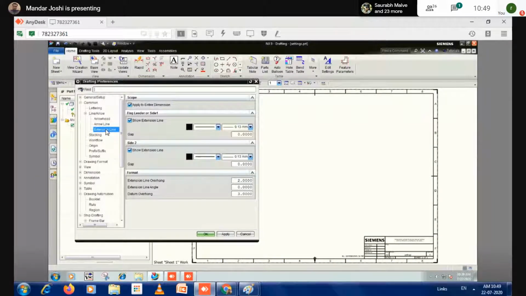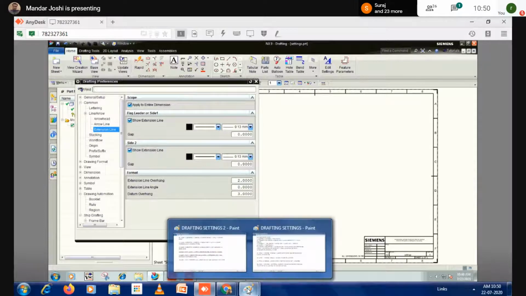Flag leader checkbox on and format. Flag leader, right? Flag leader checkbox on. Just a minute, I check that setting.